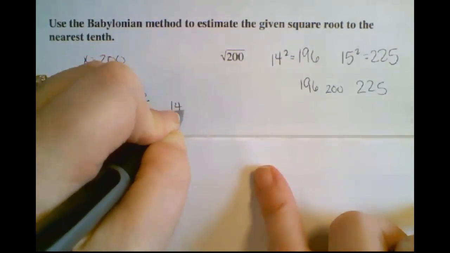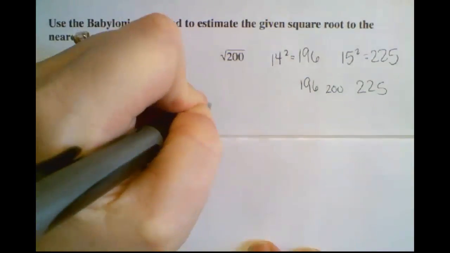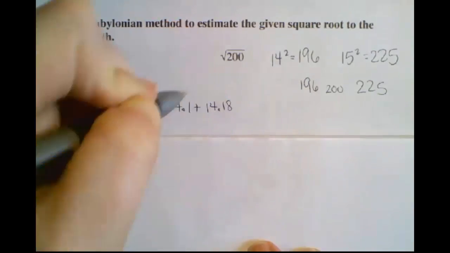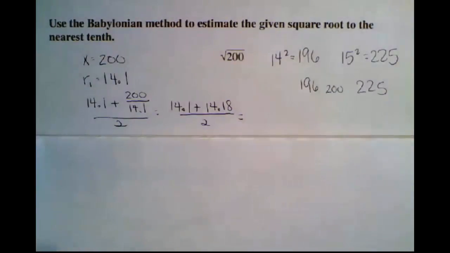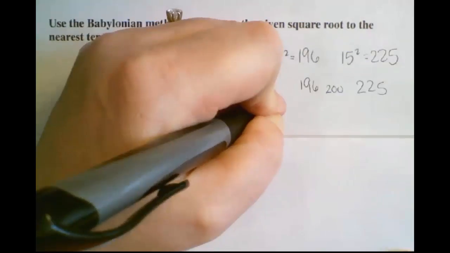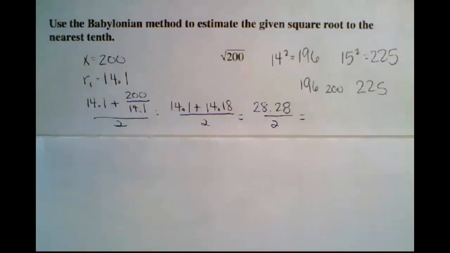Now I'll have 14.1 plus 200 divided by 14.1 gives me 14.18, all divided by 2. And so now I have 14.18 plus 14.1, 28.28 divided by 2 gives me